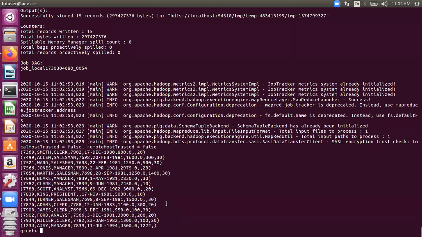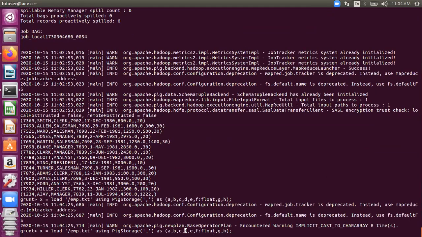All right, let me write one query for you. You've already done self join in SQL. Let's see how it works here. For that, I need to have 2 copies of this table, opened in memory with 2 different relation names. So one is X. Let's see, where is X? Yeah, one is X. Let's load it. Then again load it with Y also. Load this m.txt and give it some different schemas here.